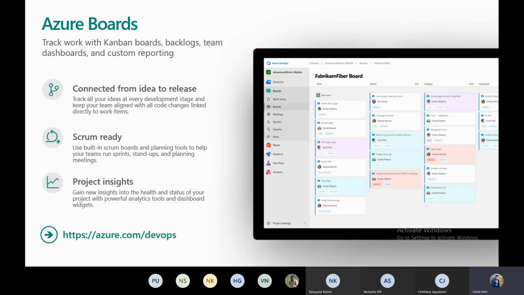And we can also have a scrum board and sprints so that we can plan our daily activity. There is also project insight. We gain insights about the health and status of your project with powerful analytical tools and dashboard widgets. This is all about Azure Boards.